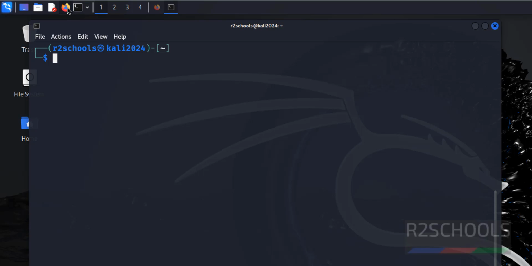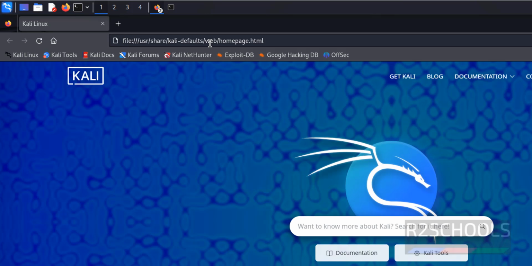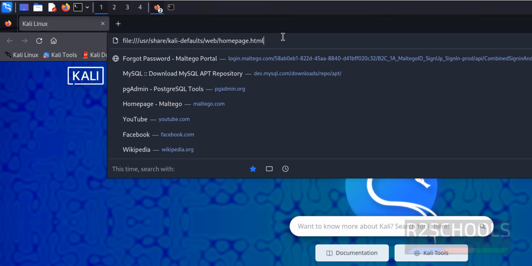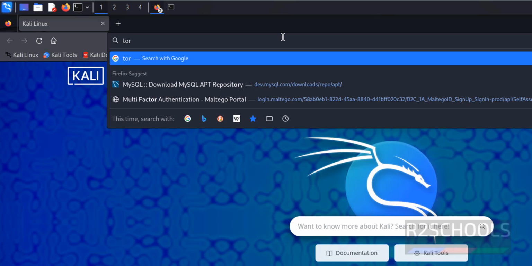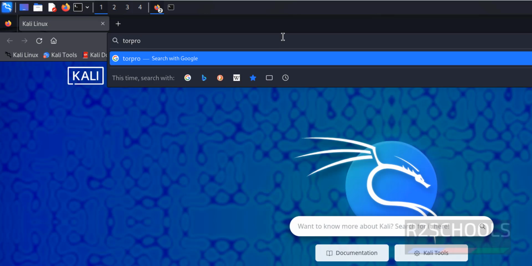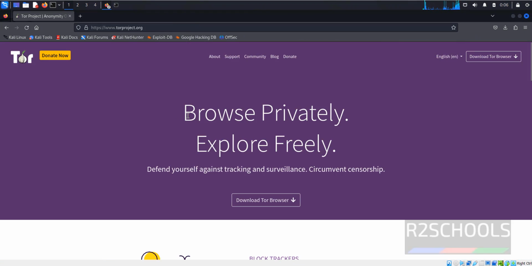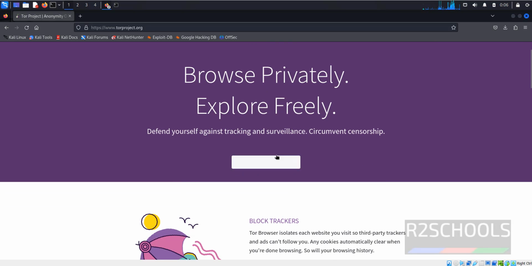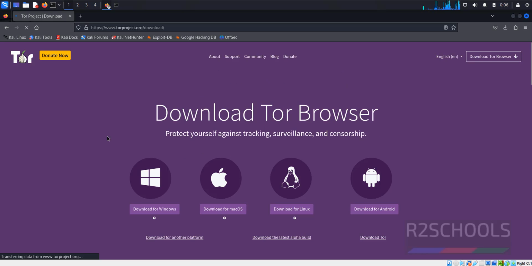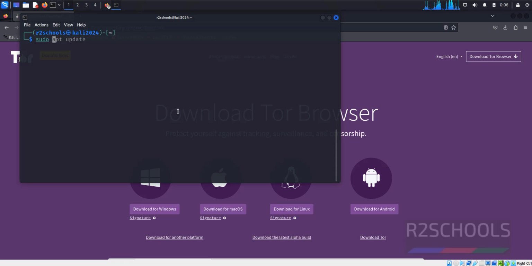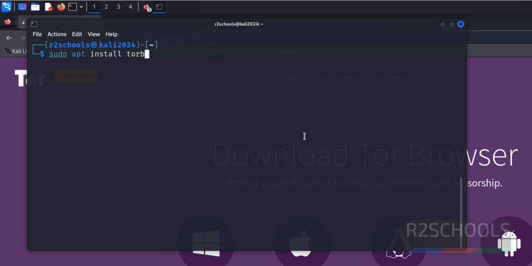One, by going to the Tor official website and downloading. Let me show you that. Go to torproject.org. Tor is used to browse privately and explore freely. Okay, so click on this download Tor browser, then we have to select download for Linux. This is one way, and another way is by running the sudo apt install torbrowser